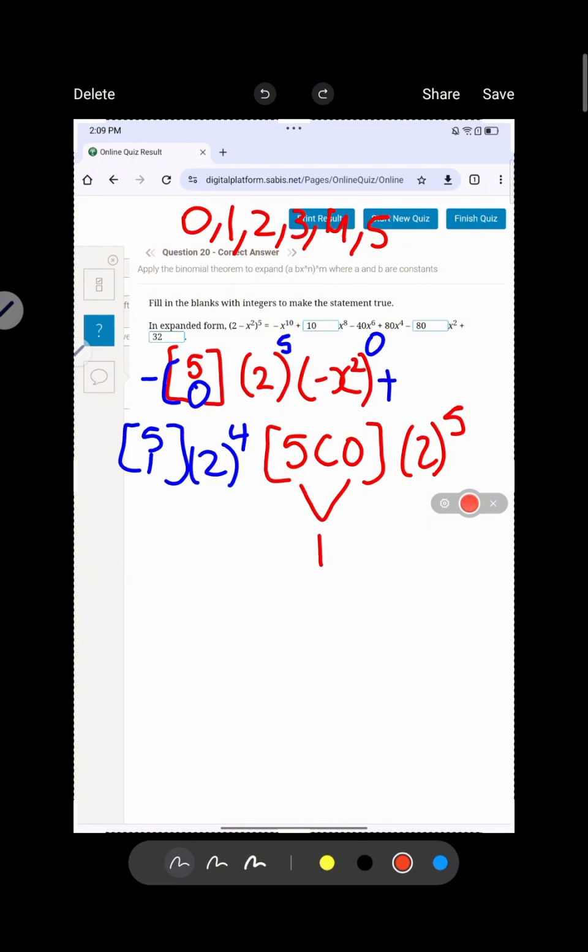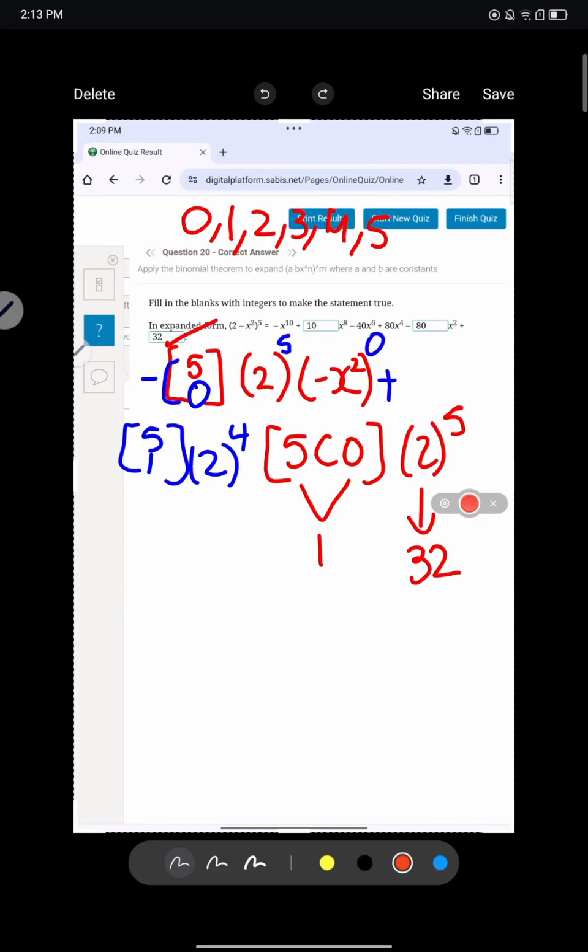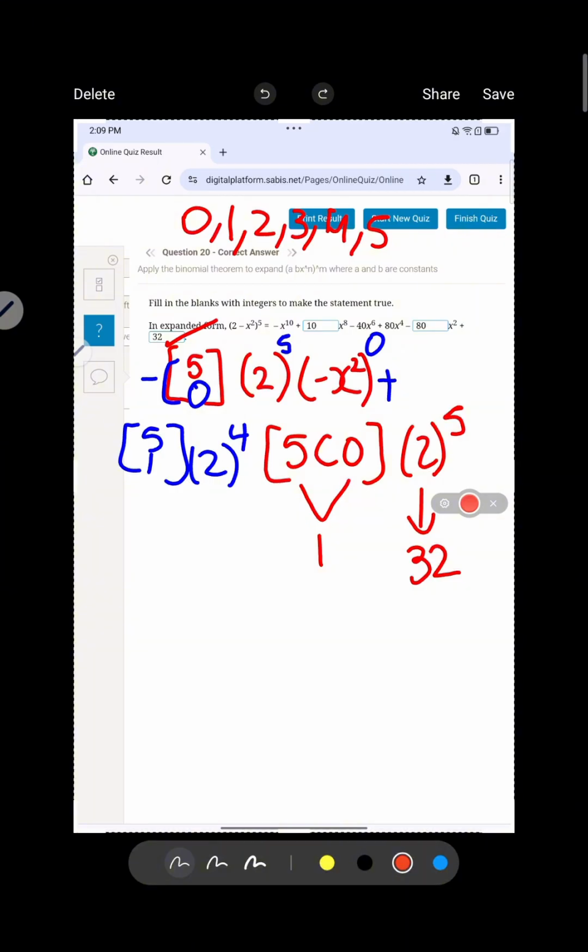Anything combination 0, you will get 1. Here, 2 to the power of 5 is 32, so you got the first one. Now they want the one after it, so 5C1, 2 to the power of 4, then